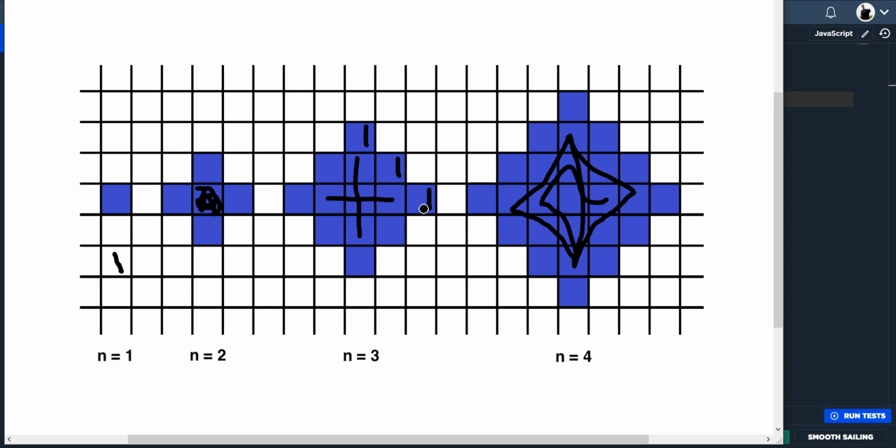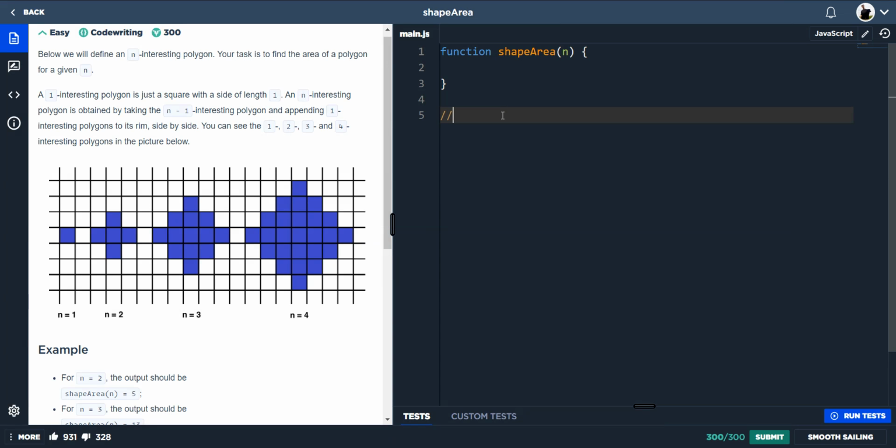Now if we count how many squares are on this side, so just recount this one as well, 4, 5, and 6. And if we do that for every single side, so 7, 8, 9, and then 10, 11, and 12. So we know that we have got 12